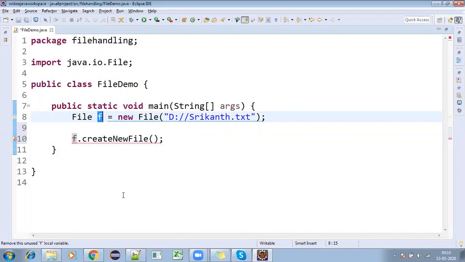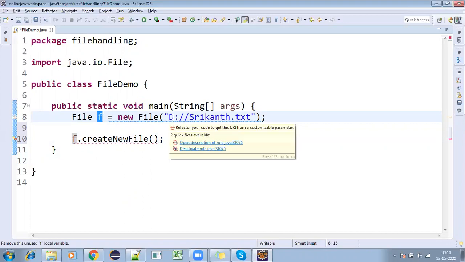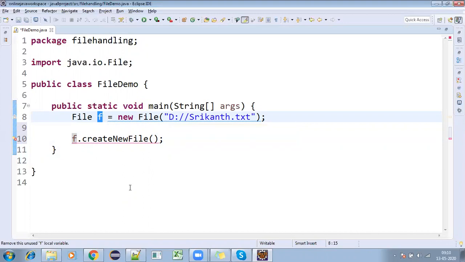But createNewFile is a checked exception. The compiler is checking that there may be a chance of getting an exception. In your system the D drive is available, but even so, if you are trying to create a new file, the system may stop you, and they already created an exception called IOException. So that IOException may come here.